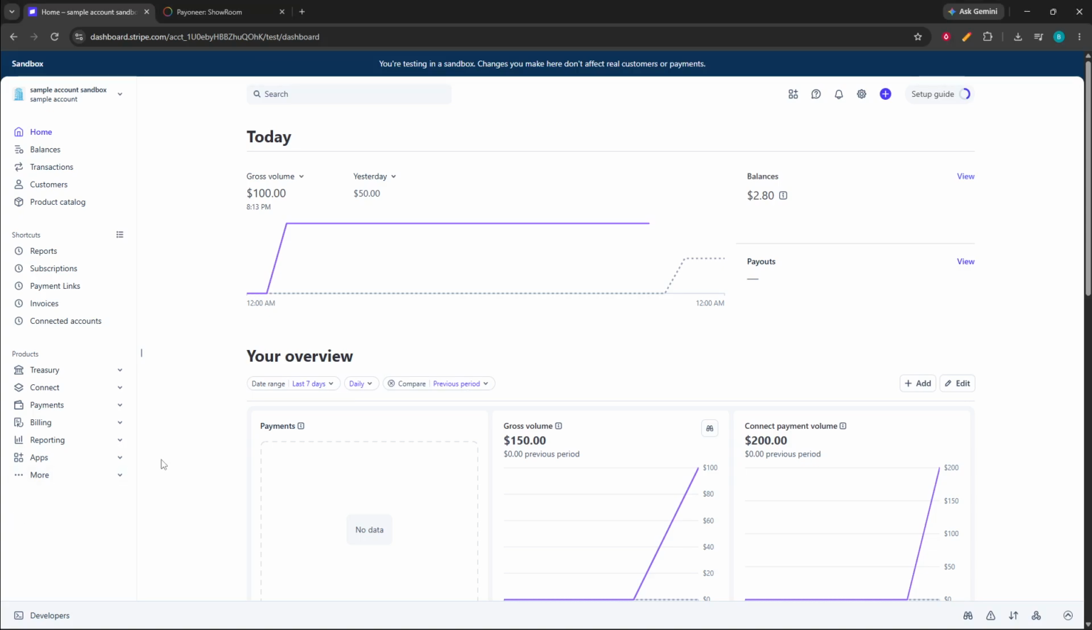In today's video, I am going to teach you how to connect Stripe with Payoneer. Start by making sure you are already signed in to your Stripe dashboard. Once you are on the main dashboard, go to the top right corner of the screen and click the Settings